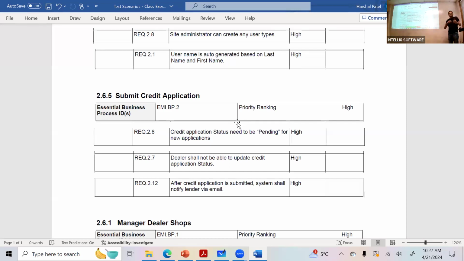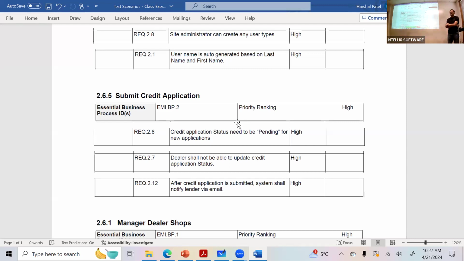Business process meaning when this requirement comes into play, right? When a customer comes into the shop, right, so you start with the customer, now the dealer is sitting there, now what happens, basically? The customer applied for the loan.